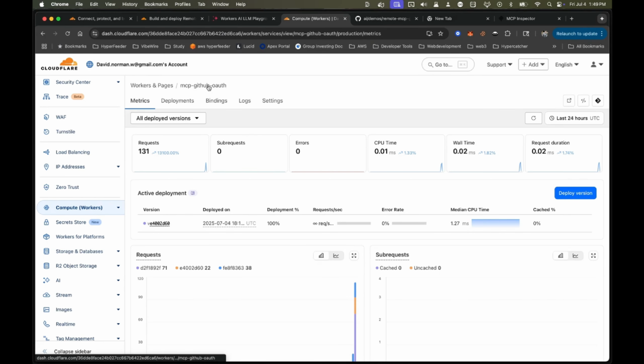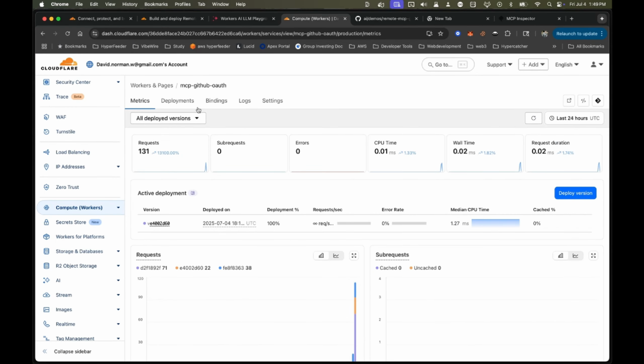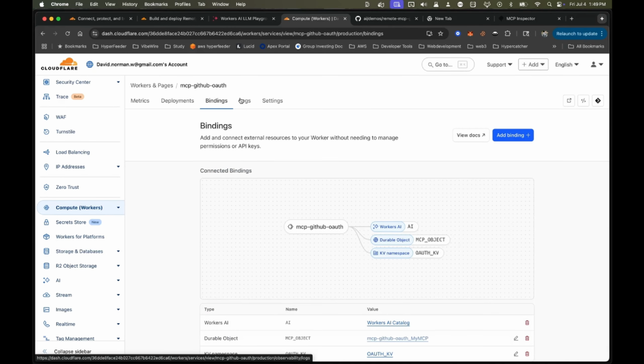And so if we switch over here, you'll see here's the MCP server that we've been calling. This just shows up in the compute workers. You see the same information you would about any other worker here. Your deployments, the different bindings, some logs,